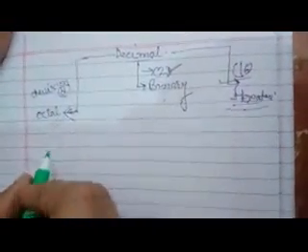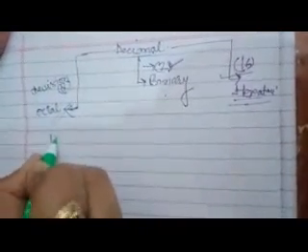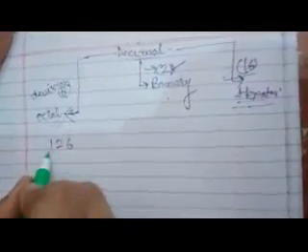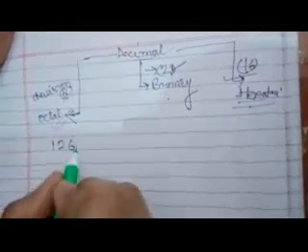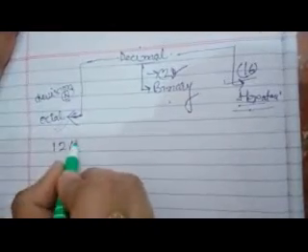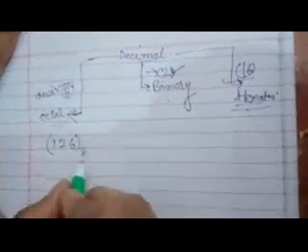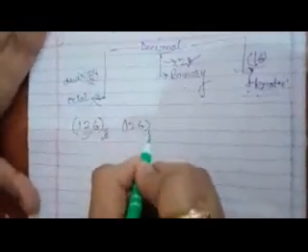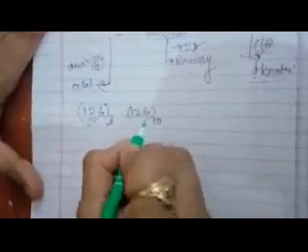Now I will take an example of number 126. This is a decimal number, but when we are studying the number system or data representation, we need to add the base along with the number. So if I write 8 here, it means it is an octal number, and if I write 10 here, it means it is a decimal number.